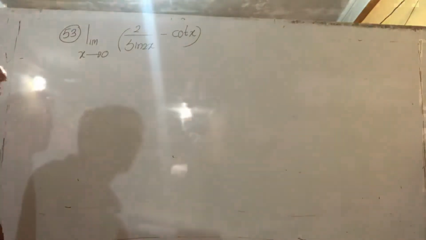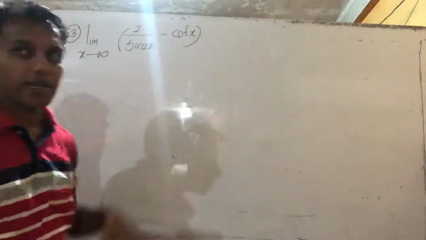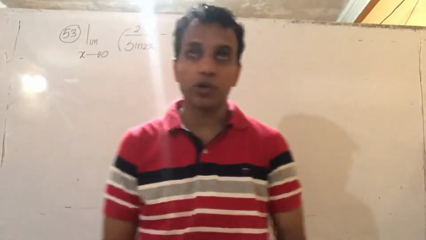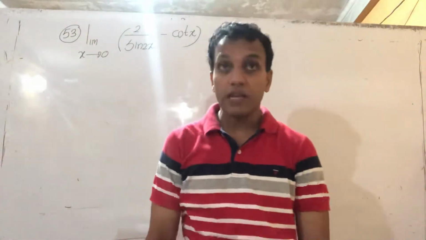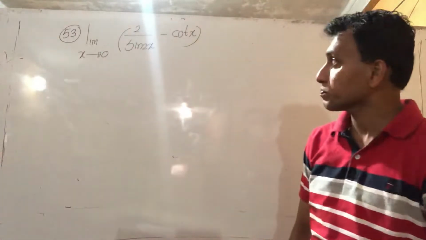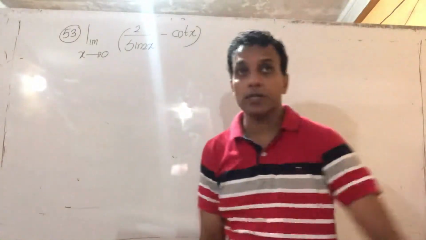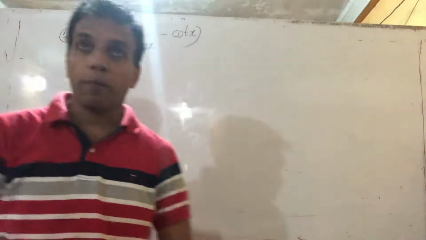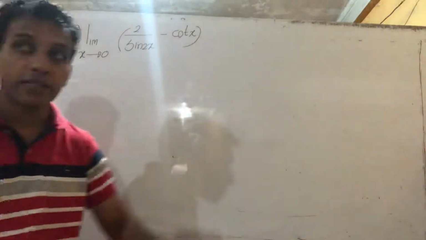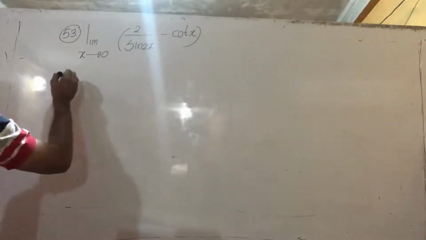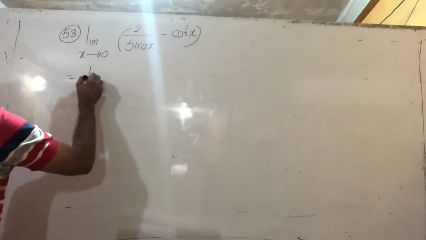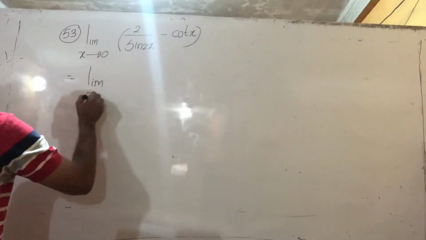To directly substitute x for 0: sine naught is naught, so 2 over naught is infinity. What is cot naught? Infinity, since tan naught is naught, so 1 over naught is infinity. So it is a meaningless pattern, then use another format to calculate this limit value. Limit x approaches 0,